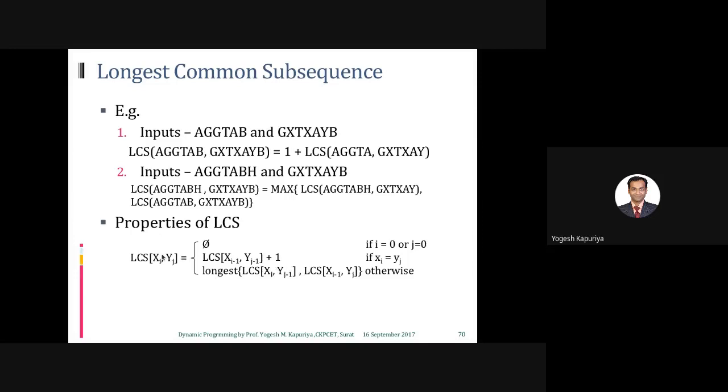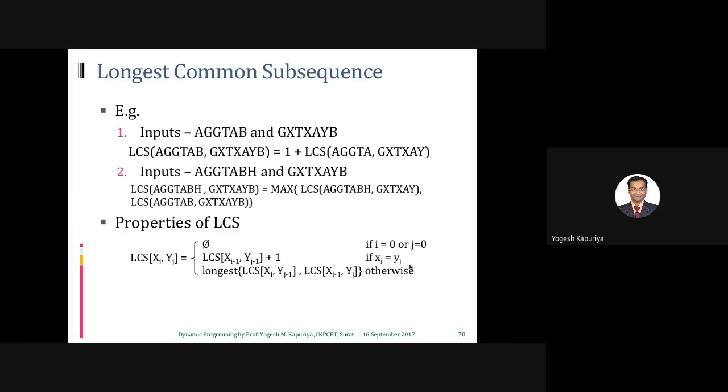Second case, Xi and Yj, meaning the last character, the ith character and the jth character. If they match, in that case, it is LCS of Xi minus 1, Yj minus 1. So you will simply skip the last character. So it was i and j, now it is i minus 1 and j minus 1, plus 1 because they are matching.